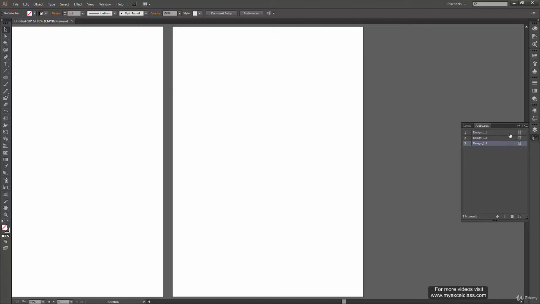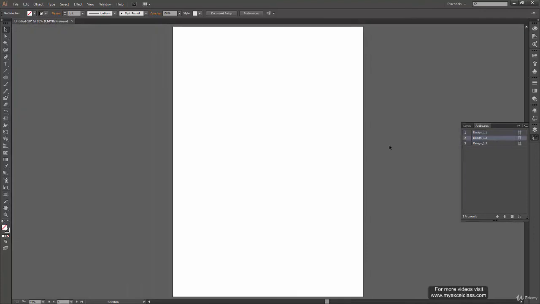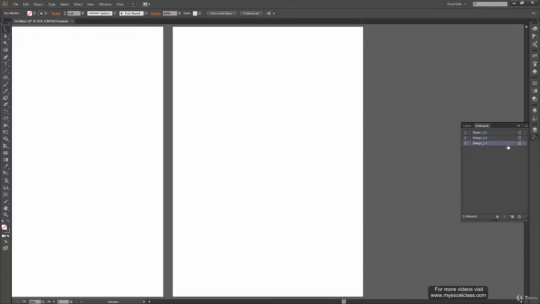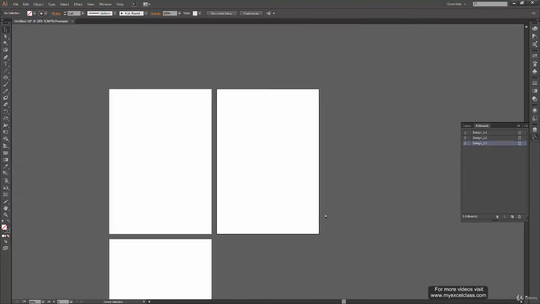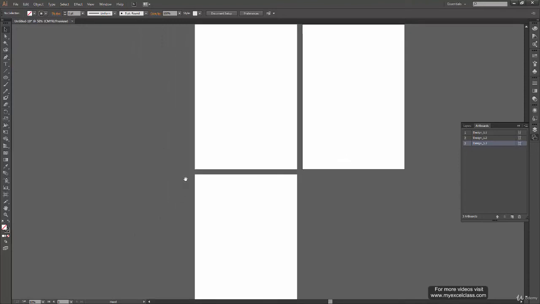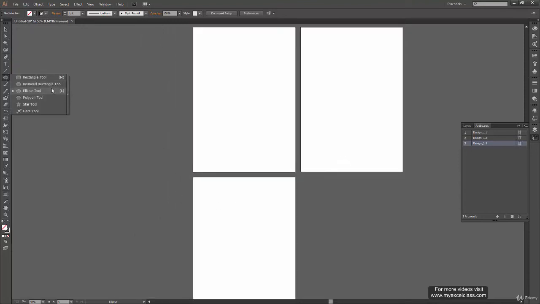But right now you won't be able to notice much difference in which artboard is getting highlighted or is getting the main focus, because all of them have a white background. So let us create a few things over here so that it's more visible.